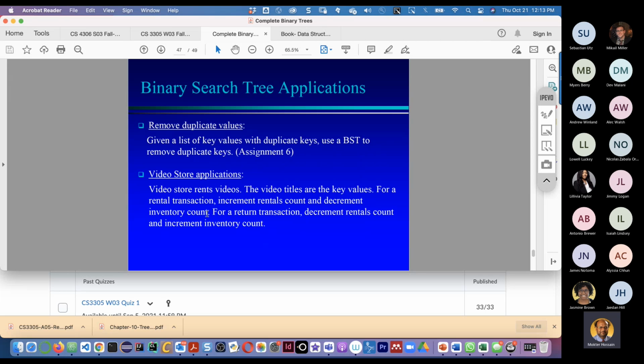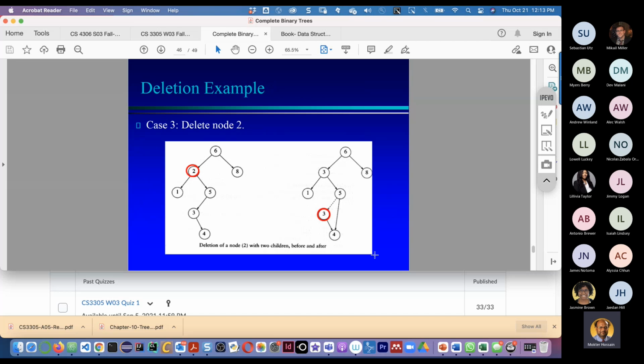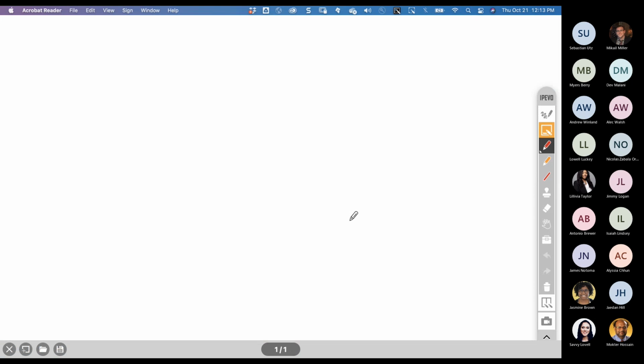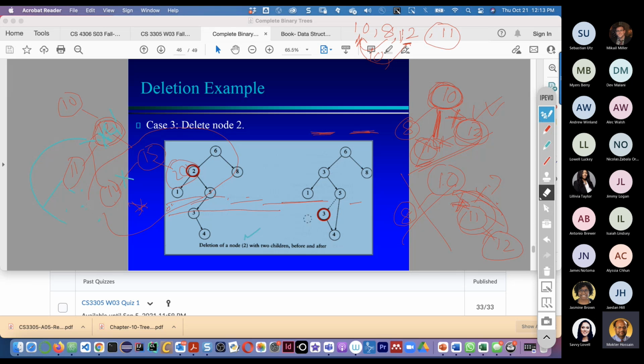So you see that 3 is moving over here, so then we don't need that 3, and then again move 4 up.